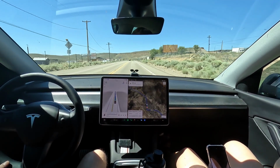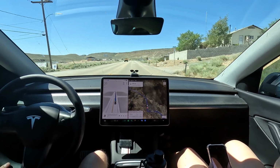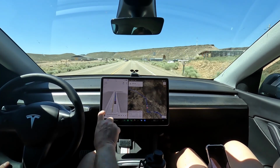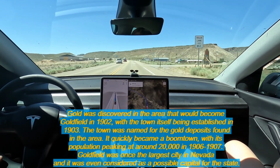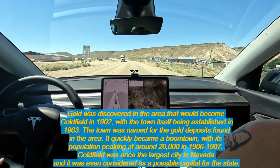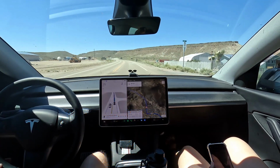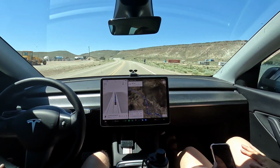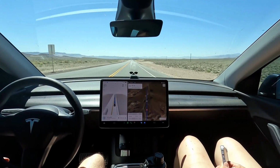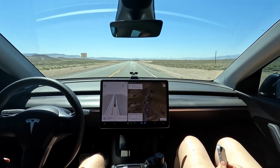All right, so that was the big city of Goldfield, Nevada. Very, very cool. Lots of historical buildings. And if I have time, don't hold me to it, I'll try and put a little blurb in down here about it. Oh, there's a radio museum. Oh, cool. Hidden treasure trading post. All right, very neat. Okay, so we're 65 miles away from our charger. We'll check back in if we see something cool. A long stretch of road. I mean, it just is straight and keeps going for...